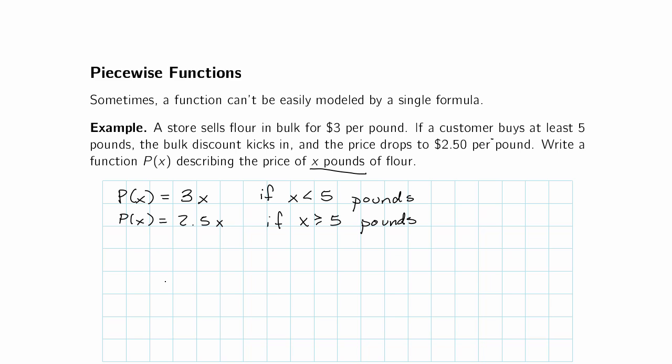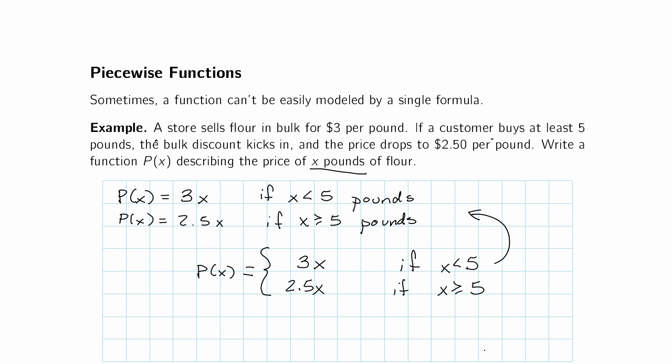The way we would express this is to say, well, p of x can be one of two things. It can be 3x if x is less than 5, or it can be 2.5x if x is greater than or equal to 5. So this is just a notational way